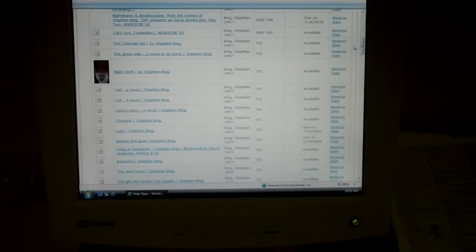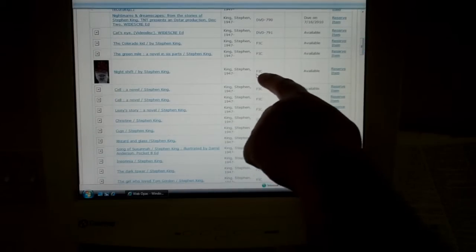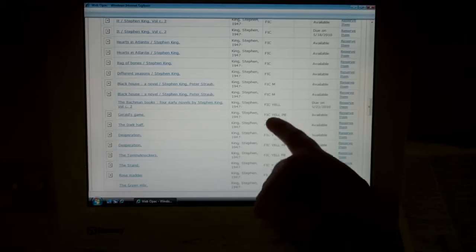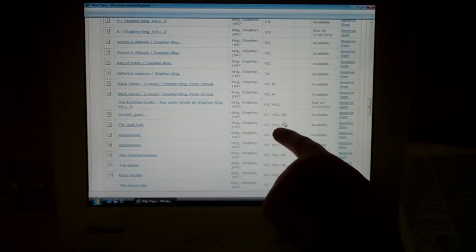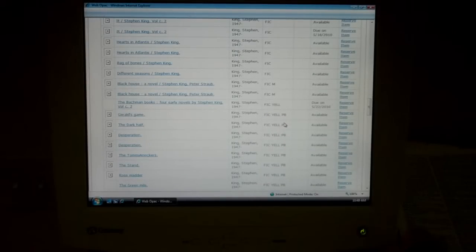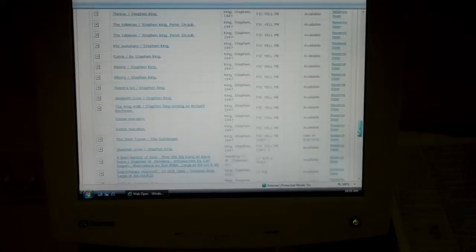To find movies, look here on this turntable. Then as we scroll down a little bit farther, we see just FIC, which means fiction. Fiction. And there is PB, which means paperbacks by Stephen King. Paperback books. As I scroll down somewhat farther, I notice that as I'm scrolling down, which is a long list,